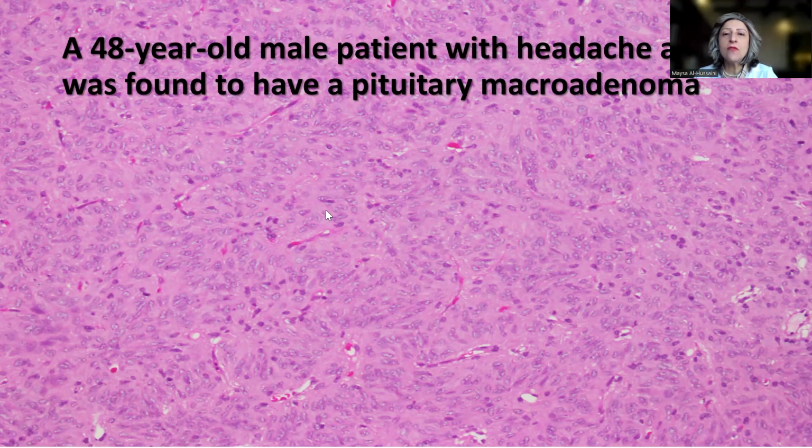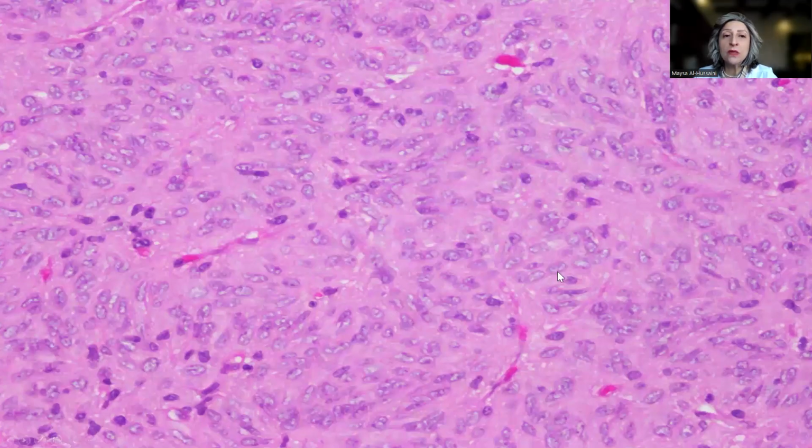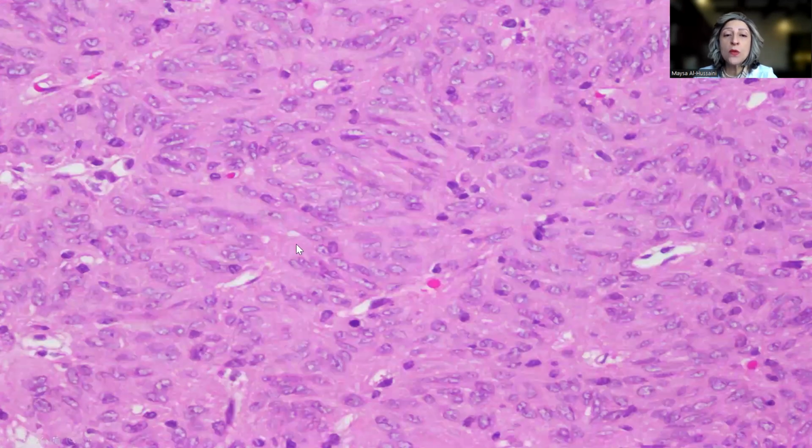And as you can see from the low power magnification, there is this solid proliferation of acidophilic cells. Those cells show no evidence of pleomorphism, really not much in the way of discernible mitosis, and there was no evidence of necrosis. Now, on high power magnification, these are like bipolar cells with acidophilic cytoplasm, showing this